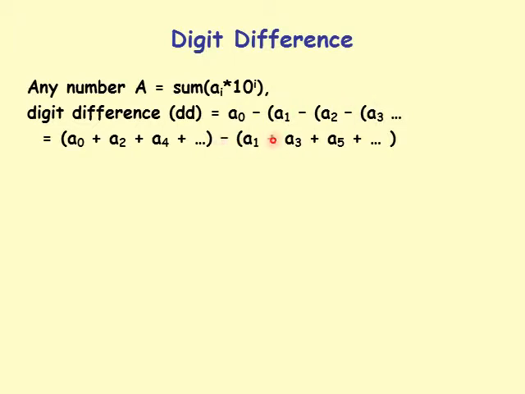So A3 is negative. These are the coefficients of the even terms. Even terms mean terms with an even power of 10. And these are the odd terms, the coefficients of the odd power of 10. Okay, let's continue here. Let's look at the number line again, starting from 1, and compute their digit difference